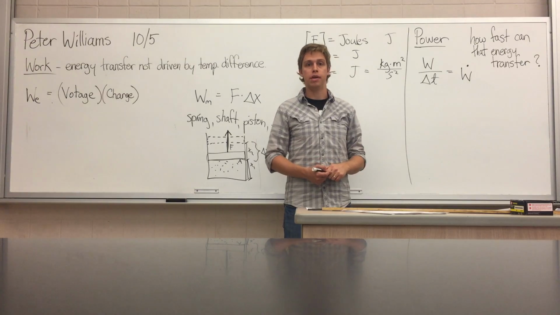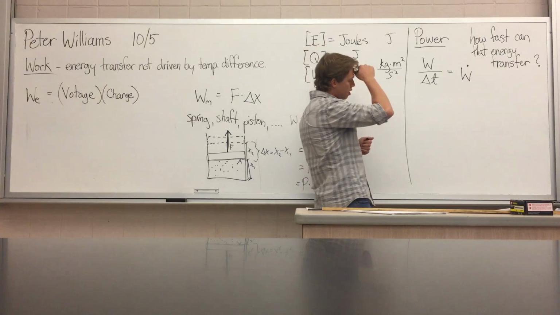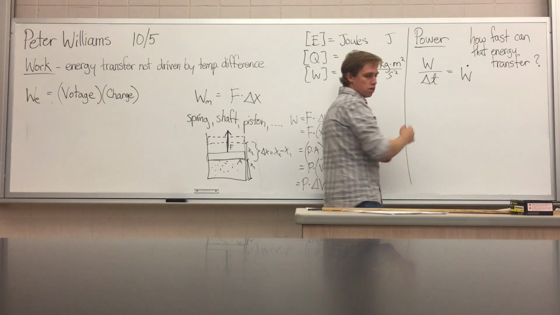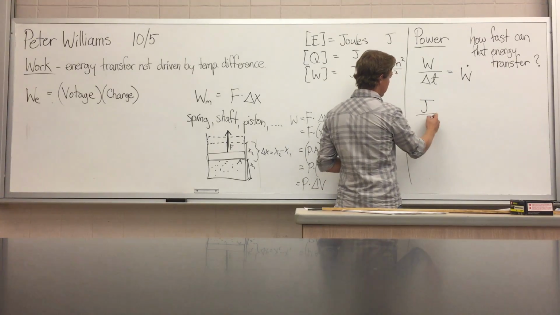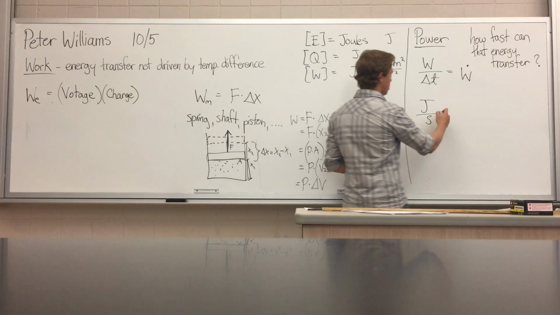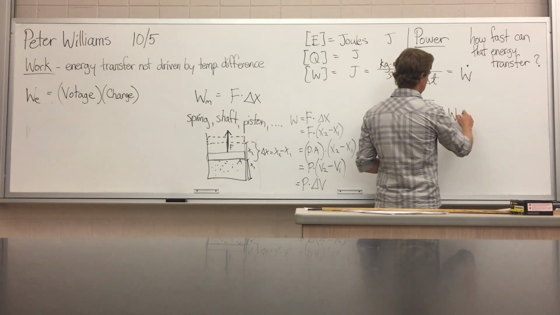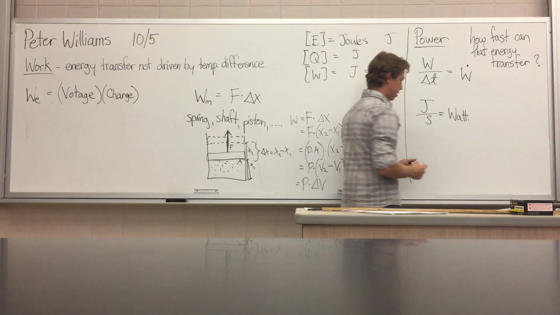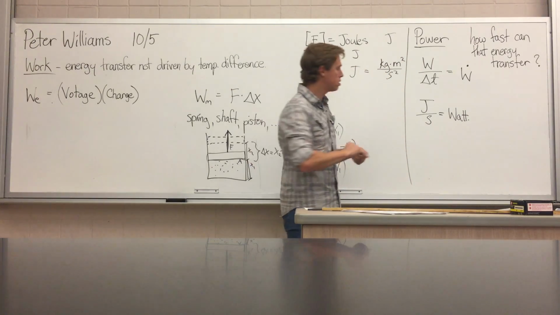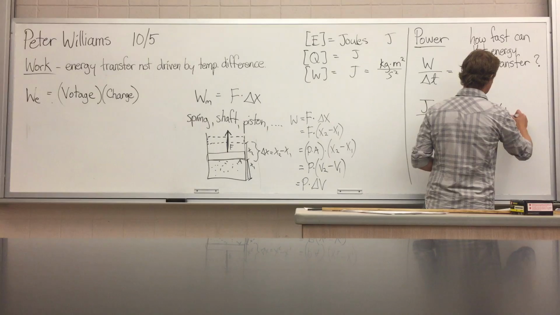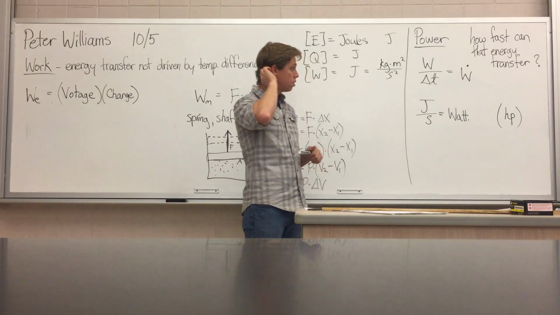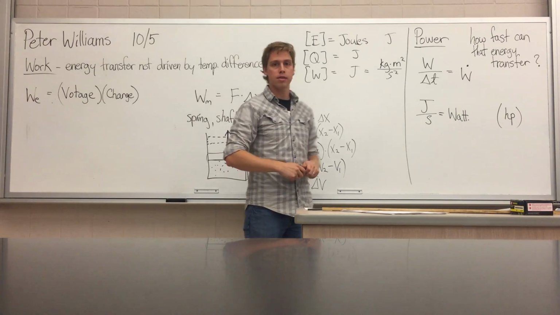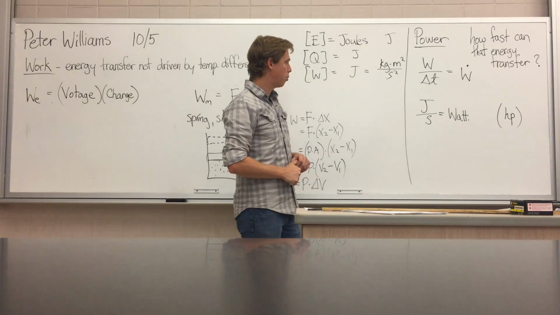horsepower turns out to be the imperial unit for power, okay? And here is the unit for metric. We have a joule, which is energy, and we divide it by a second. And this is a watt. Okay. Joules per second are watts, and then in imperial, we have horsepower. Okay, so a watt is the SI unit of power.